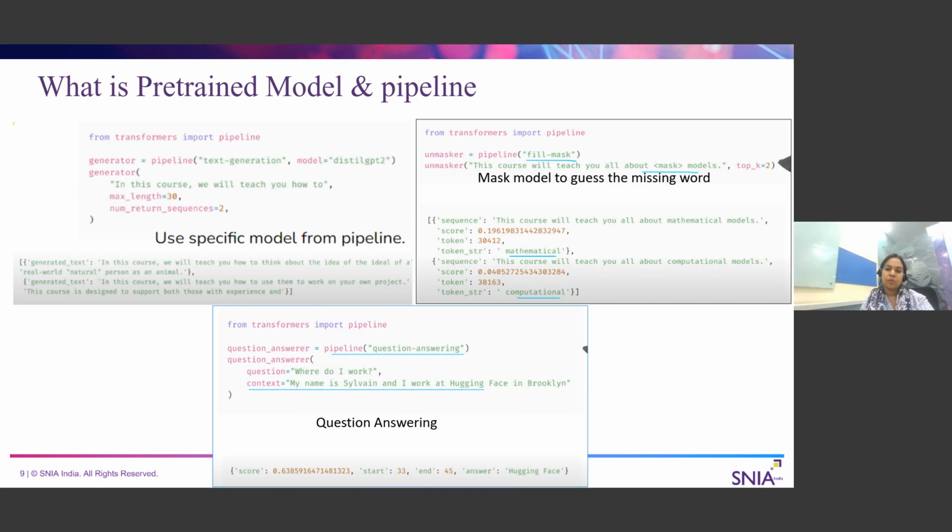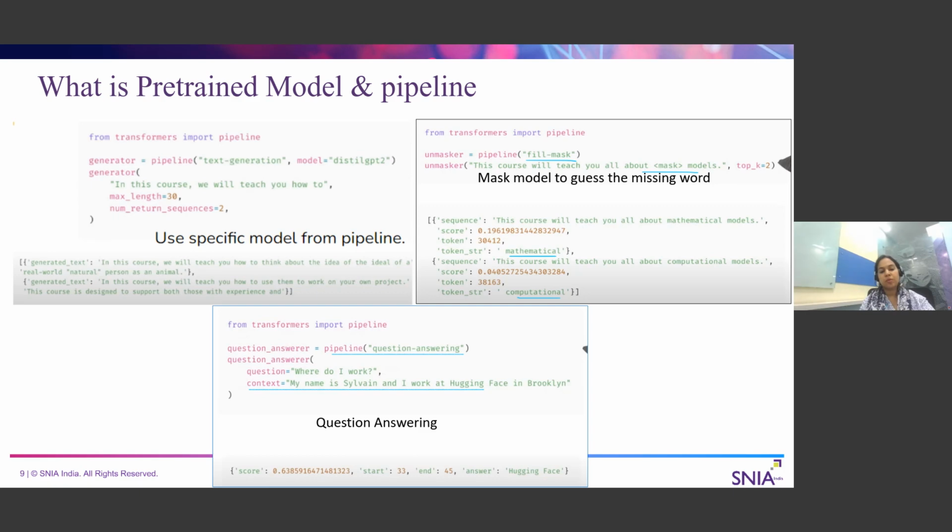To use those models, the transformers library provides a pipeline concept. Now, what is a pipeline? A pipeline is kind of an abstraction which contains a model, sometimes a pre-trained model, along with the provision for pre-processing and post-processing of that model's requirements, right?